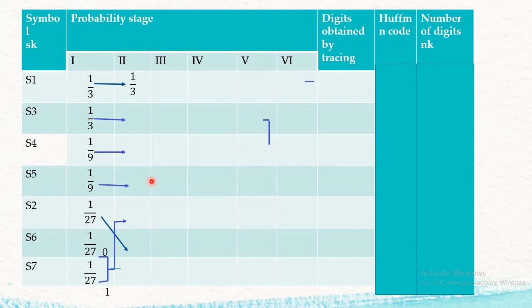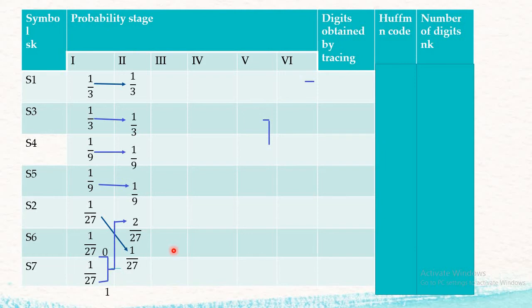Okay, now these are all the values which we have assigned: 1/3 as it is, 1/9, 1/9. Now here comes our 2/27, and then we have 1/27. This way we form the stages. So here we come to the second stage. Once the first stage is over, we move to the second stage and repeat the steps again.